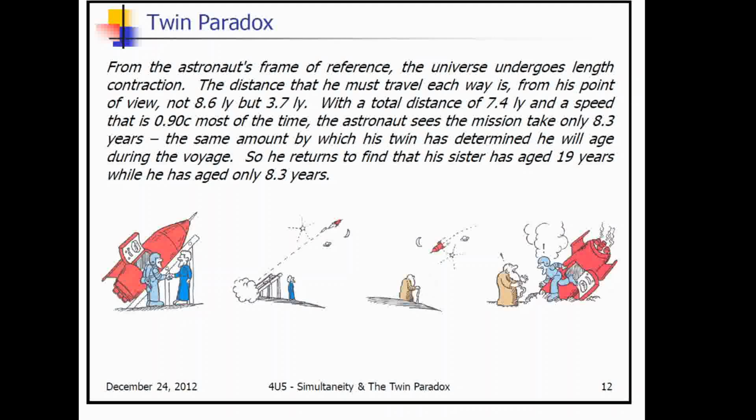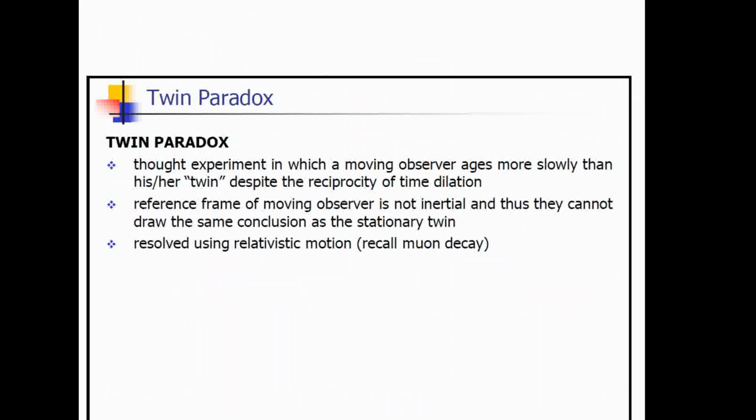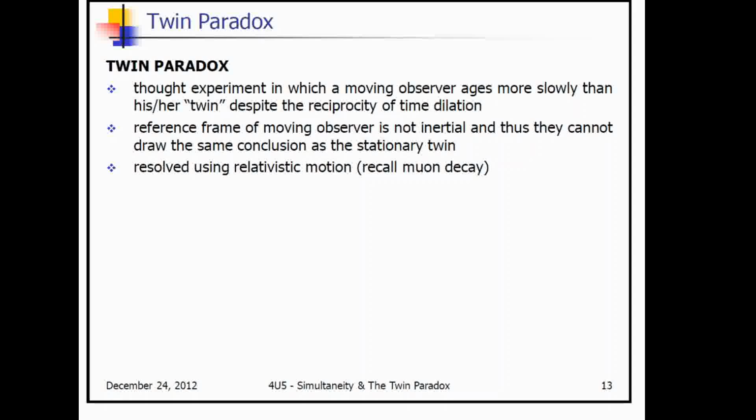So this is how these two twins would end up having, they would be born at the same time, but they would have experienced different times being alive. The one who had traveled at 90% of the speed of light is now younger because time dilated while he was traveling at 90% of the speed of light. So copy this slide down for the twin paradox. I'm going to pause to do that.